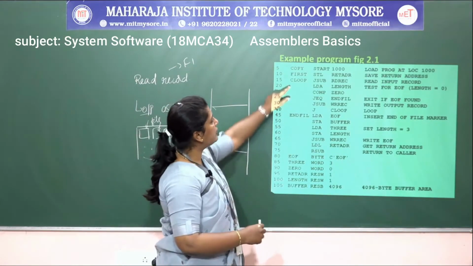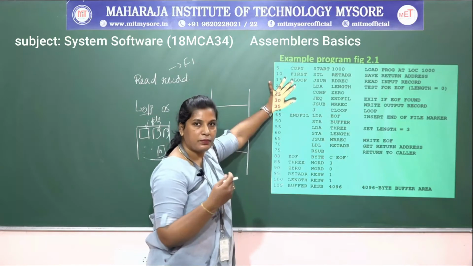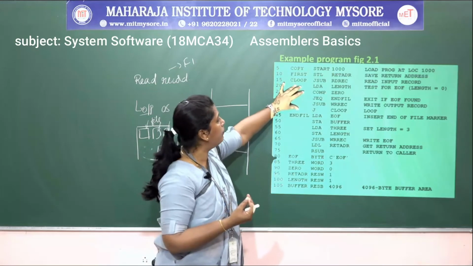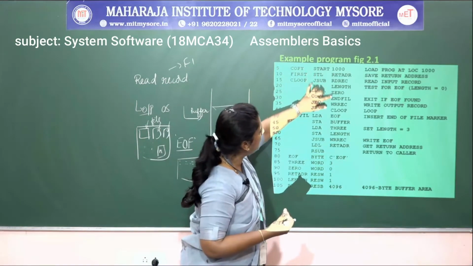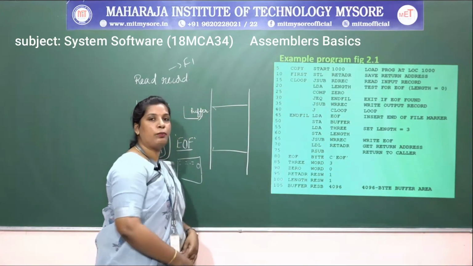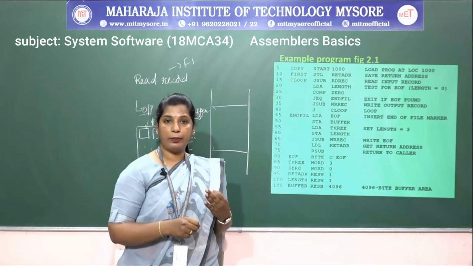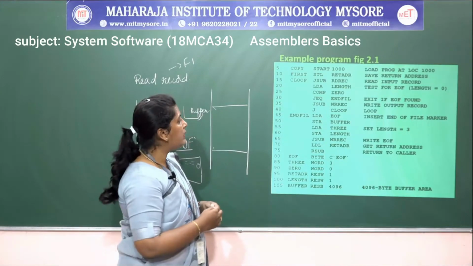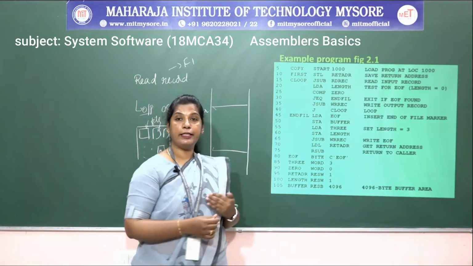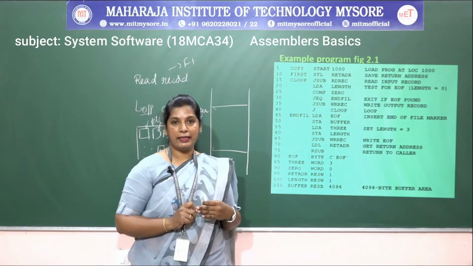After that, this is the copy loop, the C loop, which is used for reading a record. In this C loop, we are calling the read rec and write rec subroutines. When we call read rec, it jumps to that reading subroutine, so the first record is read from an input device. Once the reading is completed, I want to get the length of that record.